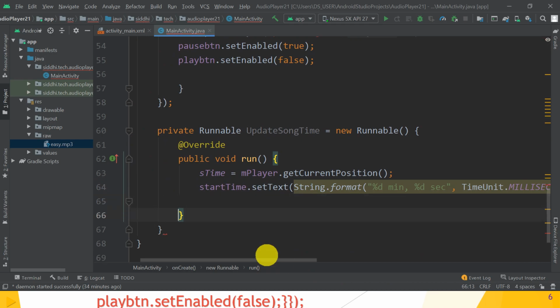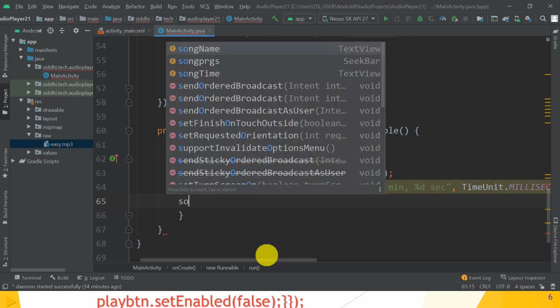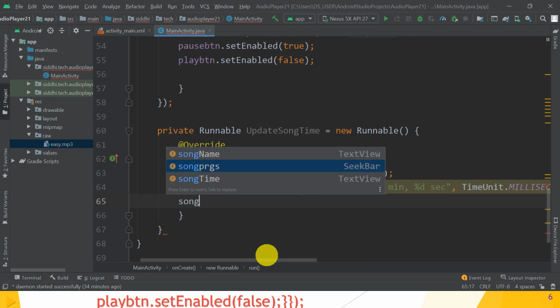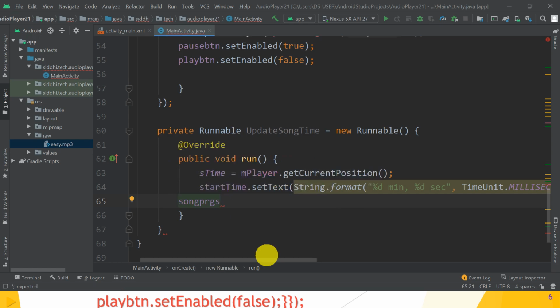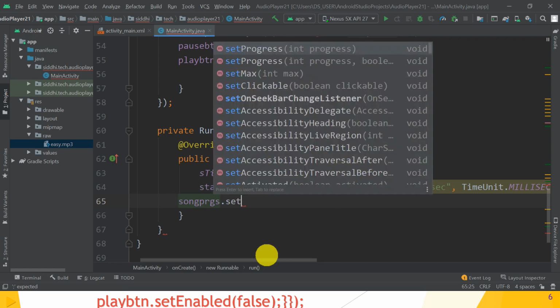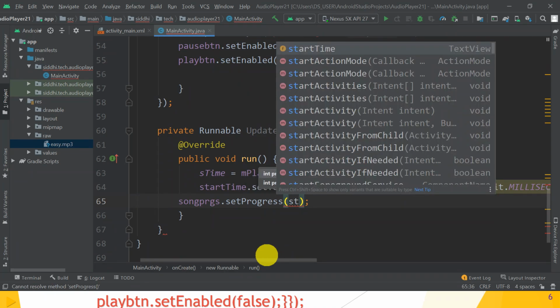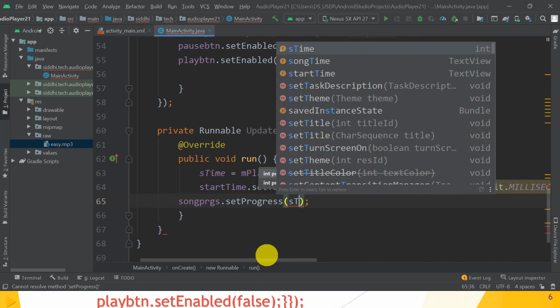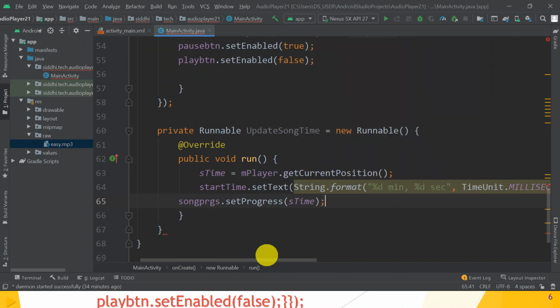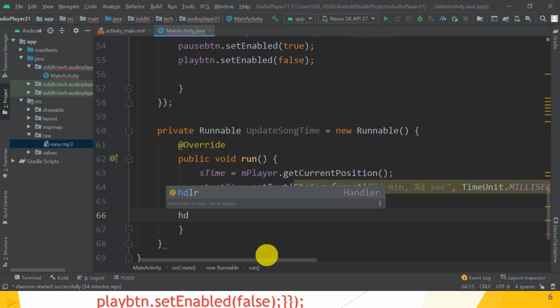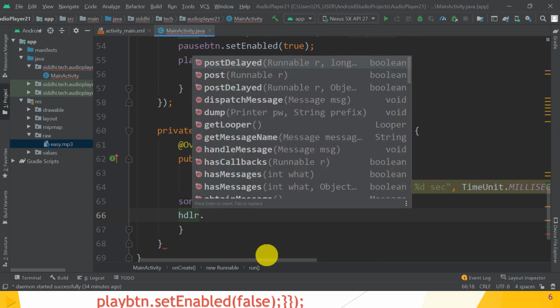Next is song progress dot set progress, and progress depends on the start S time. Great. Then again call the handler dot post delayed method.